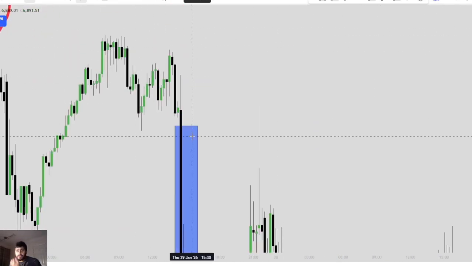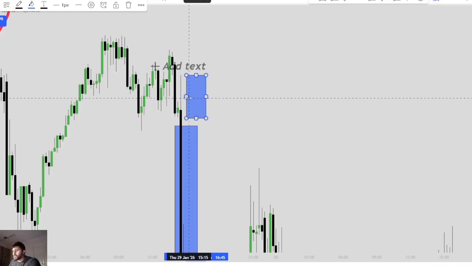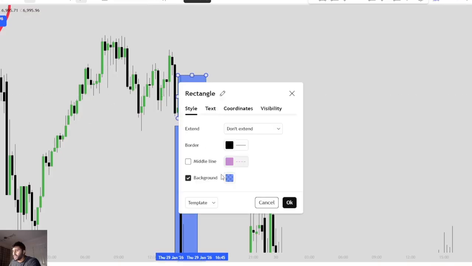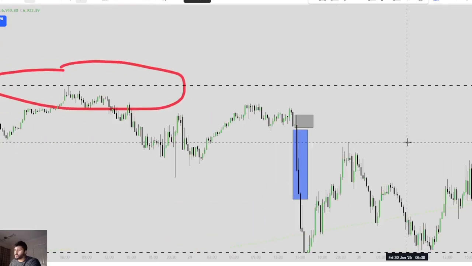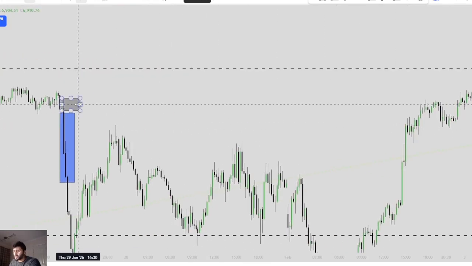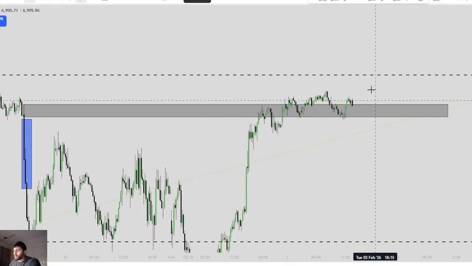This is one way I find my key levels. So what I'm looking for is, for me, I will use this wick and this region over here as my key level, right? That is basically how I find the key level. This is one way to do it. This is one rough way you could do it. So here is my key level over here. Now, it doesn't matter that we've kind of broken above it, that we've mitigated